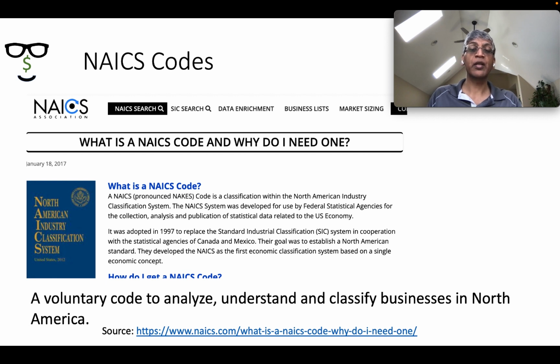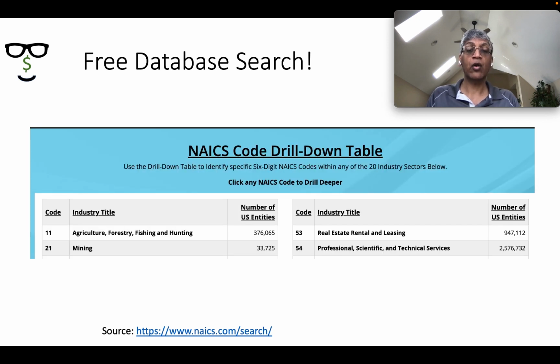And the reason companies will pick the correct sector is because a lot of contracts are dished out based on these codes, and you don't want to miss out on contracts that are applicable to you. So in general, these codes, even though they are voluntary, are fairly accurate. Then the NAICS organization presents it to you in a free database. You can go to